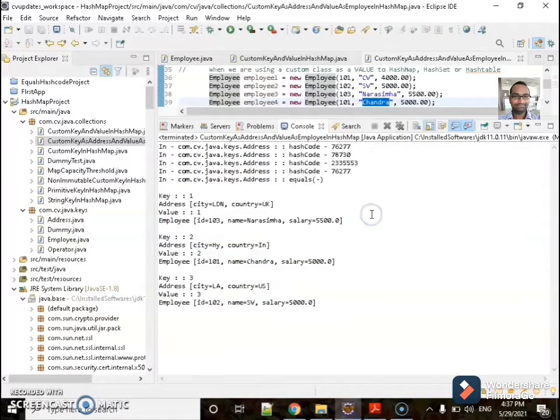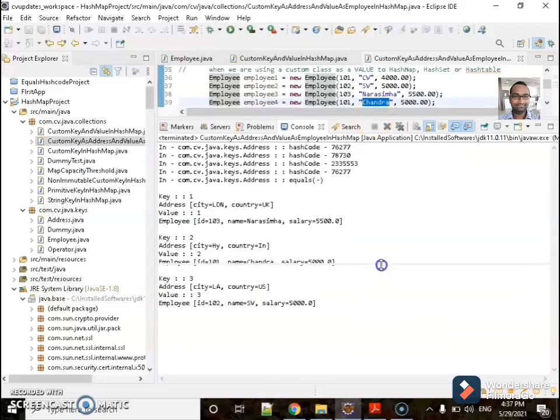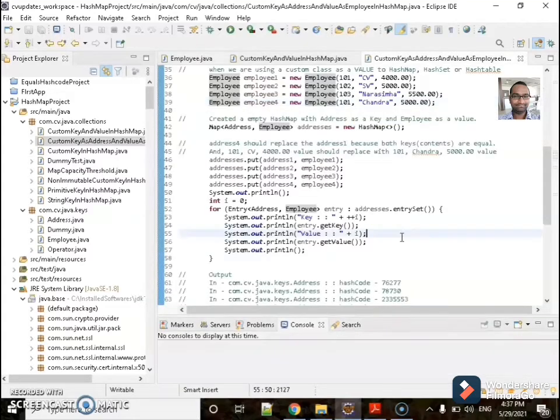This is the output. Just to help you understand, the logic works only on the key, not on the value. In case there is a duplicate key, then the value will be overridden. If the hash code or bucket is the same but the content inside the object is different, then it is just added as a next node to the existing node. Means it makes a link to the existing node and it won't replace the value.